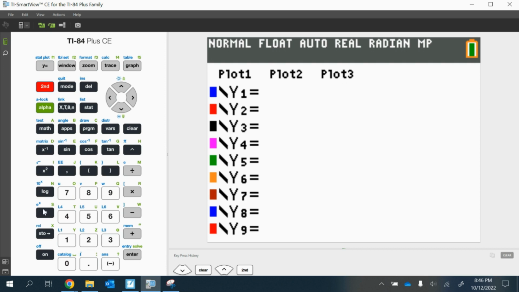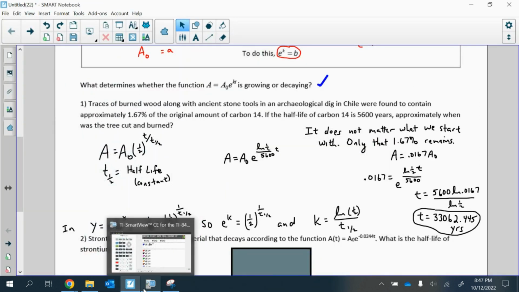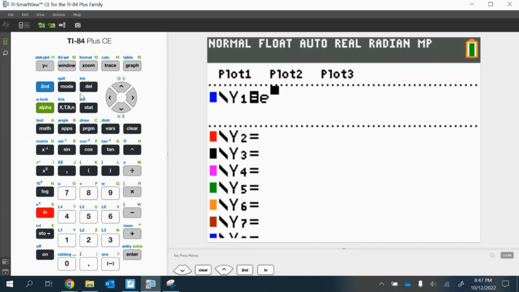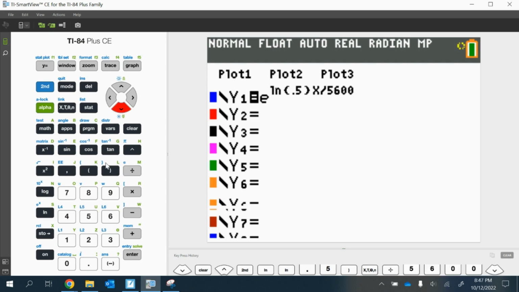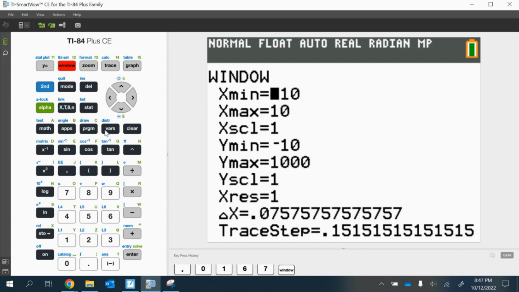So then I have e to the natural log of 1/2 t over 5600, and then I want to set this equal to 0.0167. So as I look for this, I know kind of what my answer is going to be because I